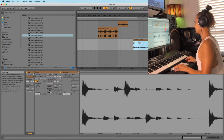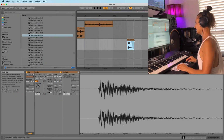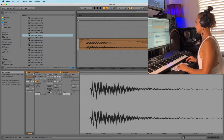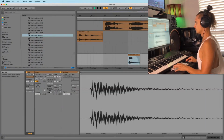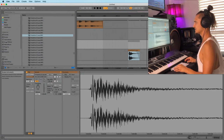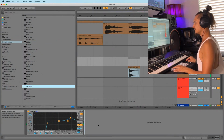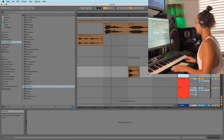Let's turn that sound up. That'd be a cool little accent to put on the snare. So I'm gonna drag this to its own group, and then I'm gonna process it. I'm gonna put an EQ on it, turn it up here, put some saturation on it, and then be like,